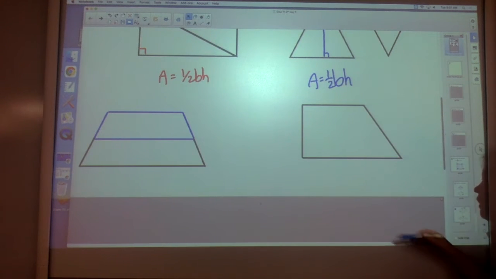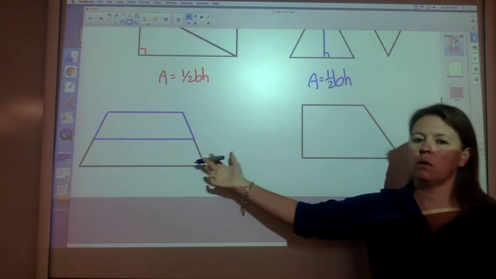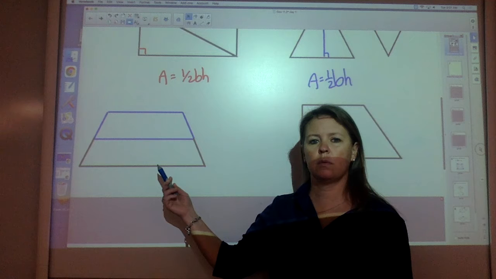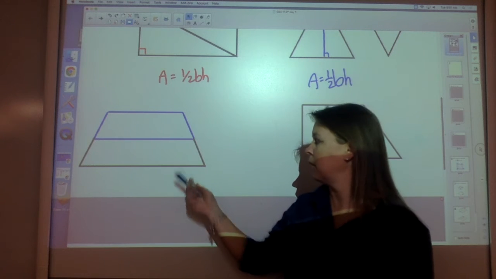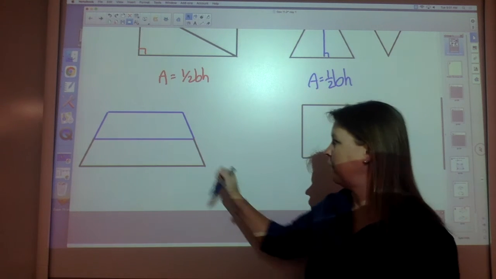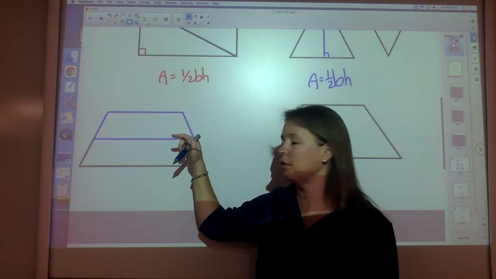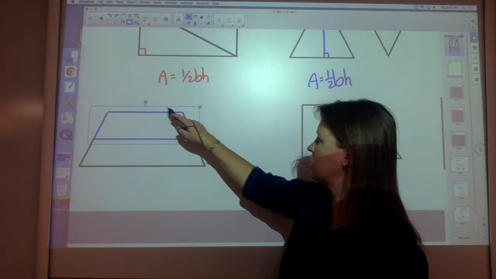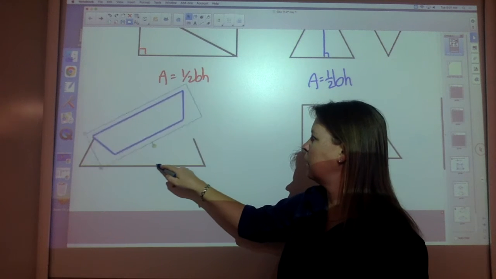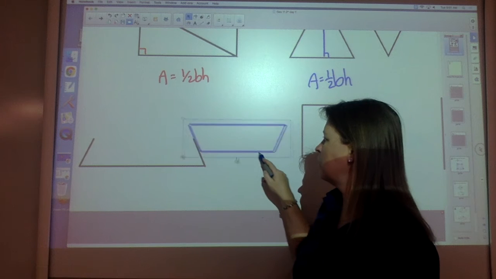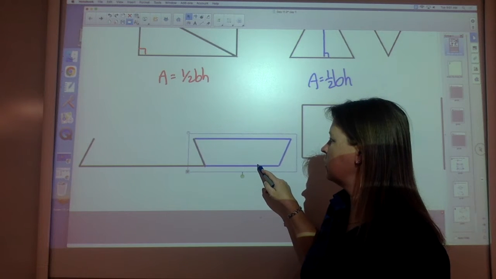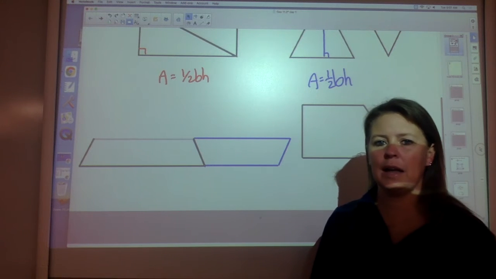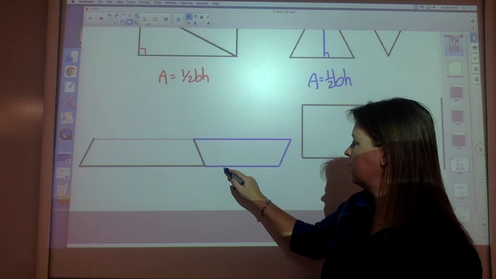How about a trapezoid? Just a plain old trapezoid or an isosceles trapezoid? You're thinking, how in the world am I going to make that into a rectangle or a parallelogram? Watch this. If I cut it in half, chop it off, take this top, put a little nail right there, hinge it. I'm going to spin this around and end up with it right next to the rest of it. So if you cut it in half, spin it around,